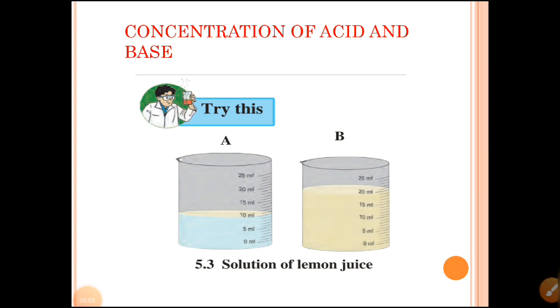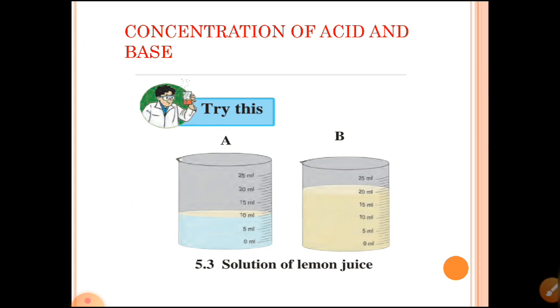Now, many times you have seen in lab, concentrated acids and dilute acids both are kept. So concentrated acid means what? Amount of acid in that solution is more and water is less. And dilute acid means what? Where acid is less but water is more, means solvent is more. So if the solute is more or concentration of solute is high, then it is concentrated solution. And when the concentration of solute is low, then it is dilute solution.